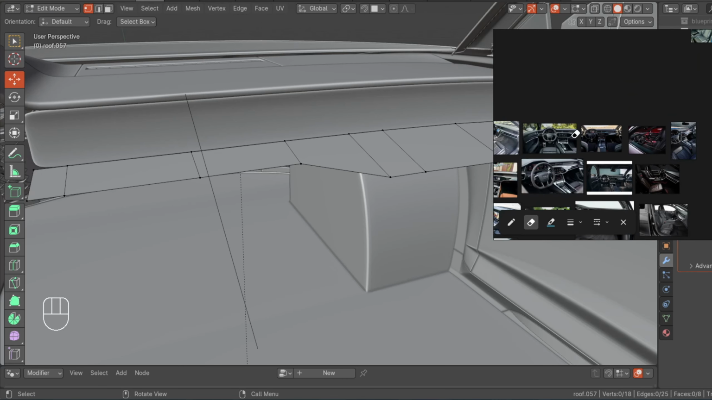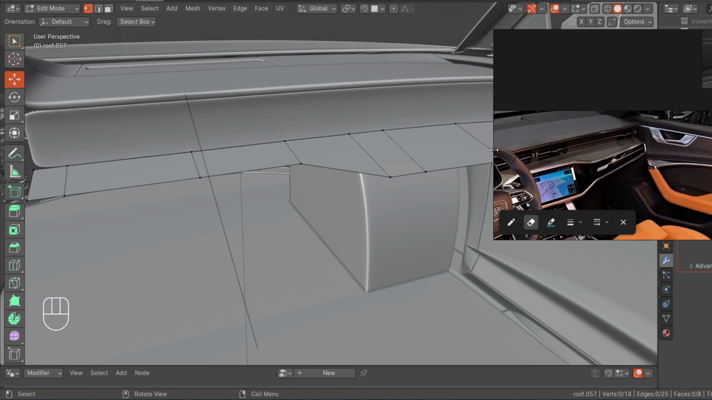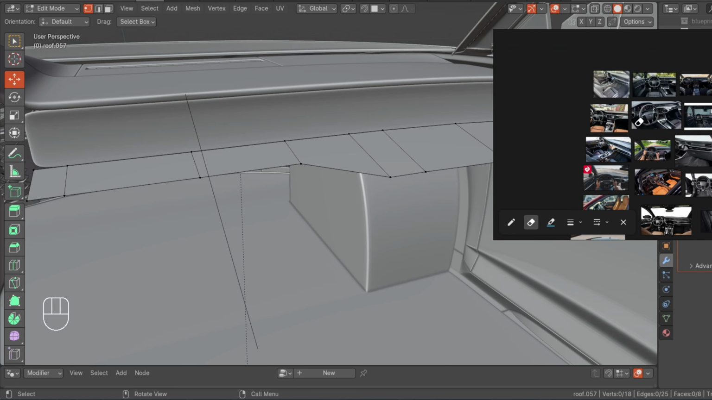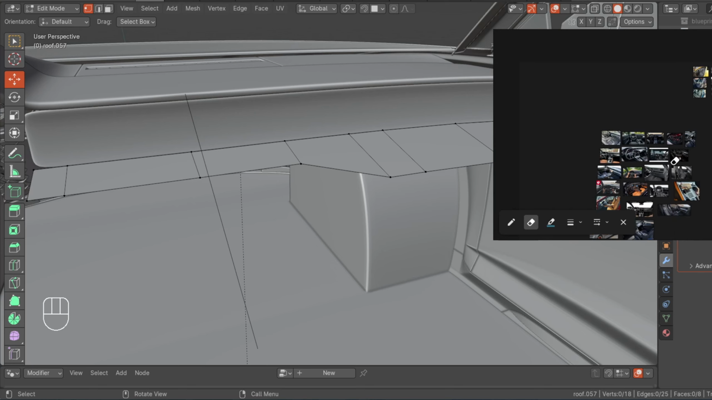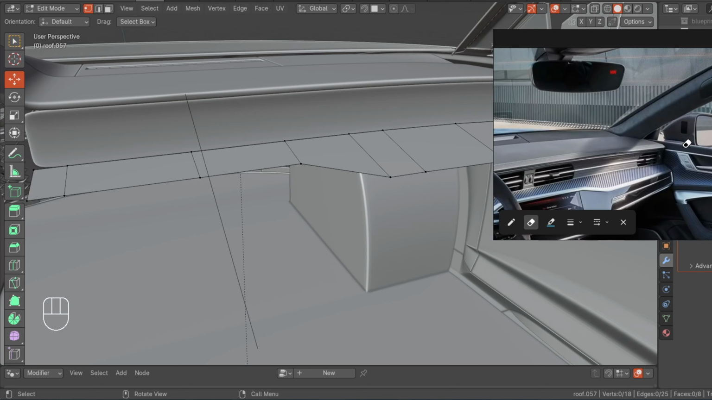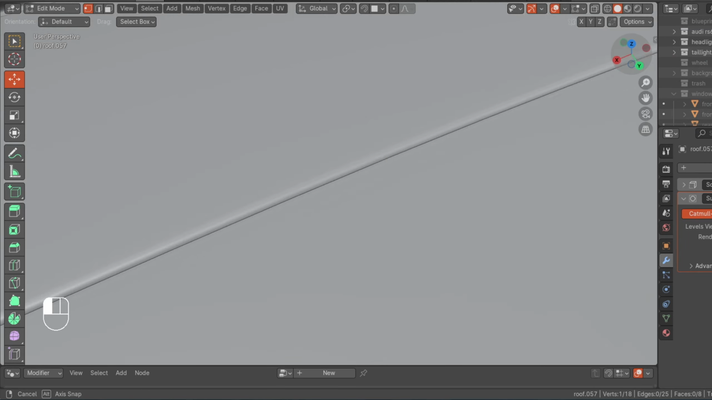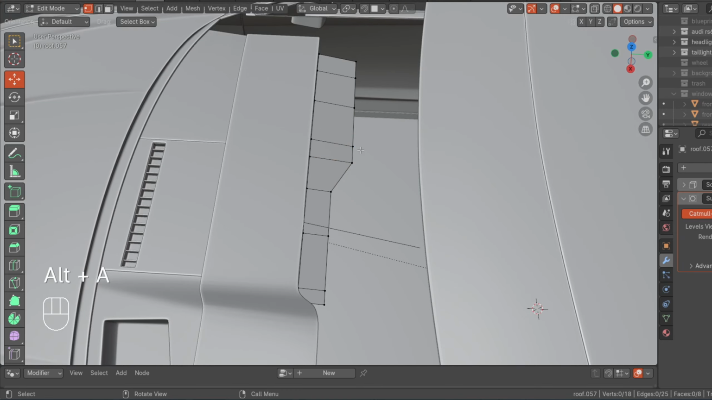So now, from this part right here, where is it? Yeah, you see, you can also see that the distance from here to here is shorter than the distance from here to here. So I mean, this part is not just flat this way. So we have to select this loop, place our cursor to the selected